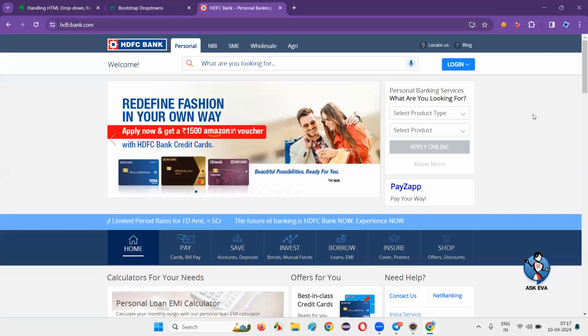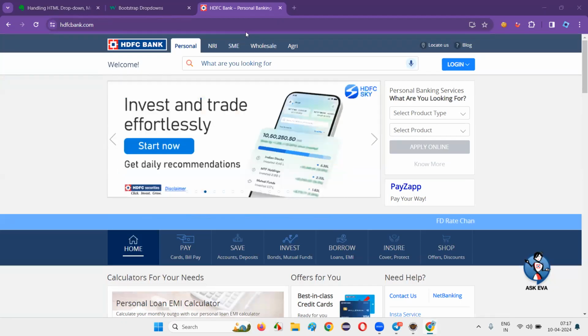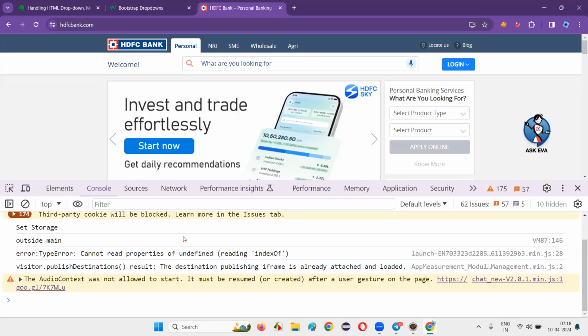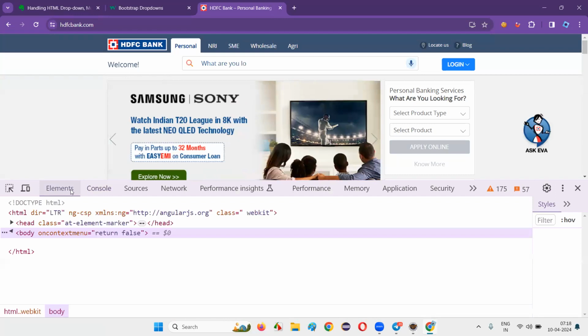Yes, I have to open the dev tools. The F12 key I have to press to open the dev tools, and there's another shortcut also. Control Shift I is the shortcut, right? We discussed that. I'm just pressing Control Shift I. You see, F12 key you can press or Control Shift I you can press, and just go to the Elements